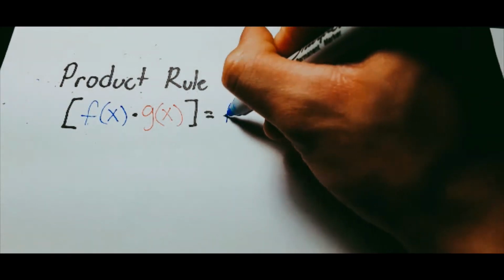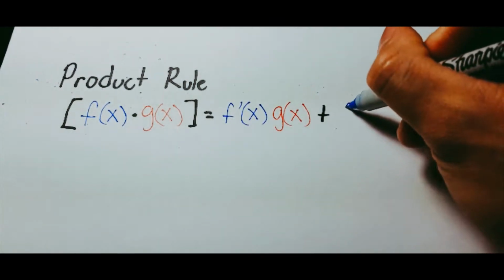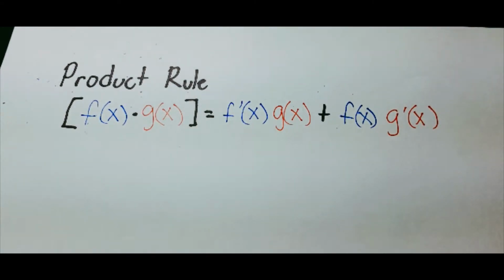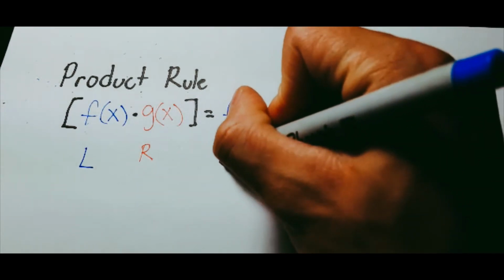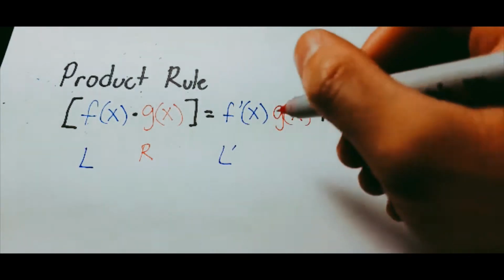f prime of x times g of x plus f of x times g prime of x. A lot of people will memorize this equation using left and right. So we have our left side, which is our f of x, and our right side, which is our g of x. So using left and right, we have left prime of x, or f prime of x, times the right